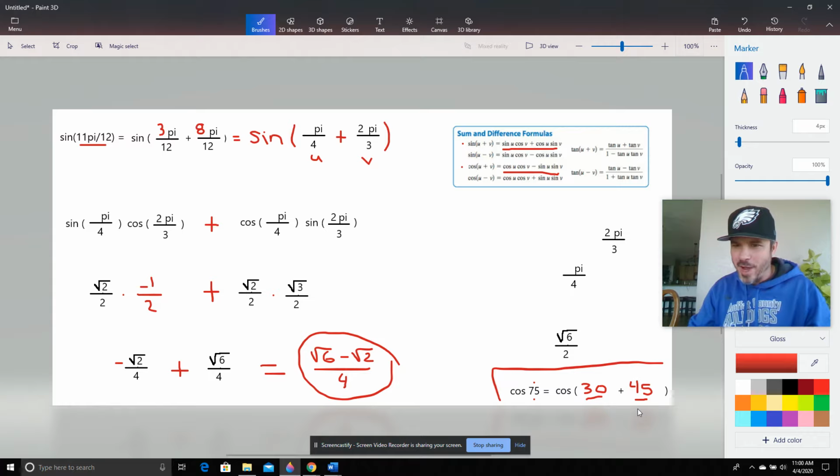So of course the only options are 30, 60, 45, 90, 180, 270, 360, right? The graphs and the triangles. So that's how we use the sum formulas of both of those, okay? Tangent works the same exact way. It gets a little weird because we get this, the right side